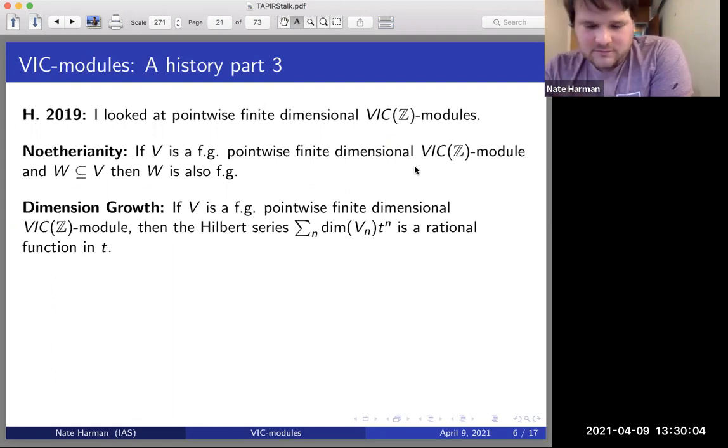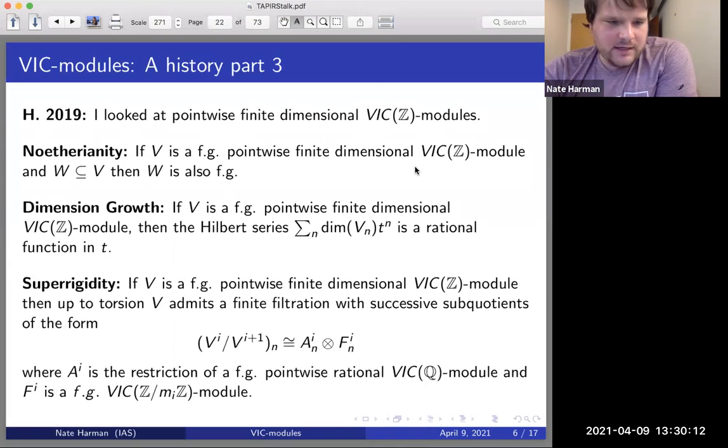Well, building on stuff I did here, the main result in that work was the following superrigidity theorem. If I have a pointwise finite dimensional VIC Z module, then some weird stuff can happen in low degrees. But up to torsion, if we work in the generic category, then V admits a finite filtration by VIC submodules, and the successive quotients are all of the form